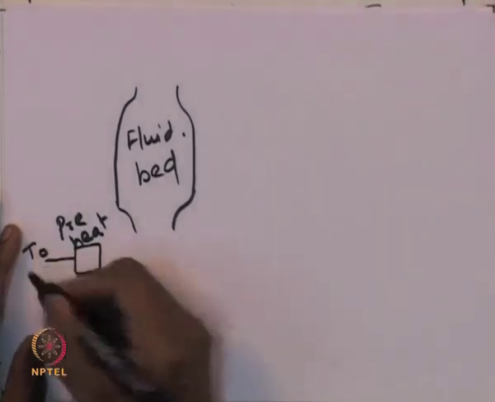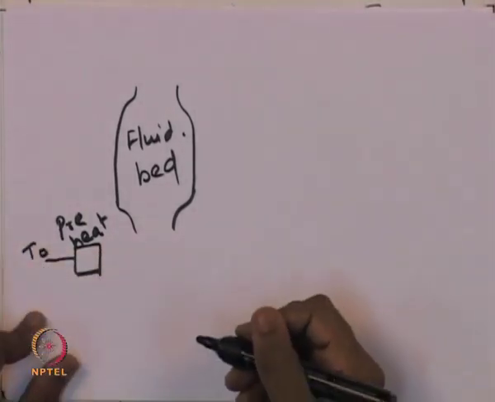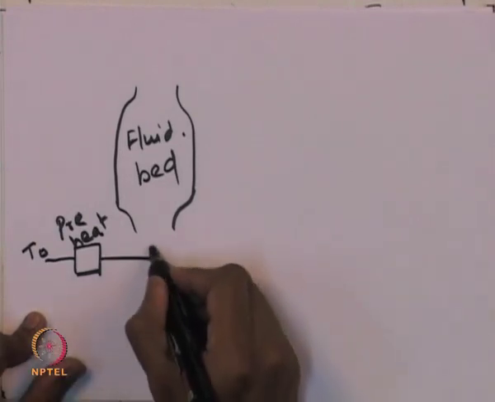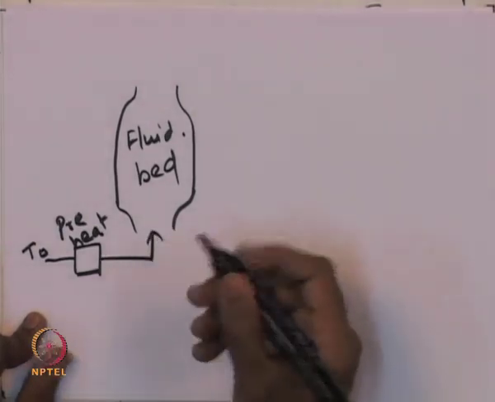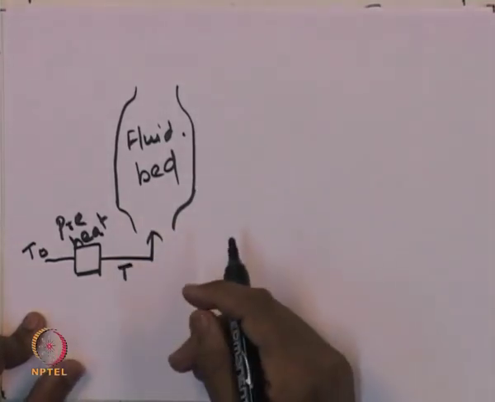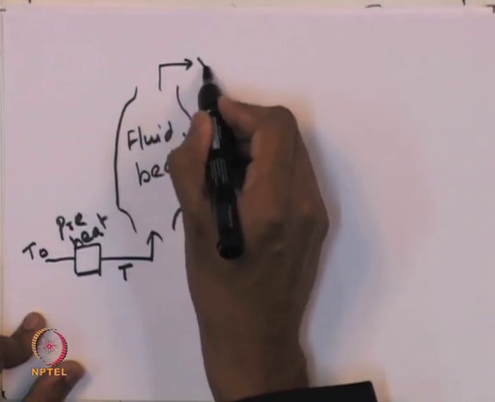The inlet stream enters the preheater at a certain initial temperature T naught, and as the reaction proceeds, the preheater constantly increases the temperature of the inlet stream so as to maintain a certain fixed